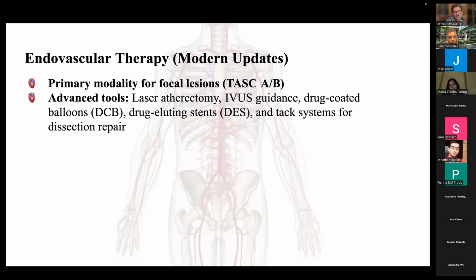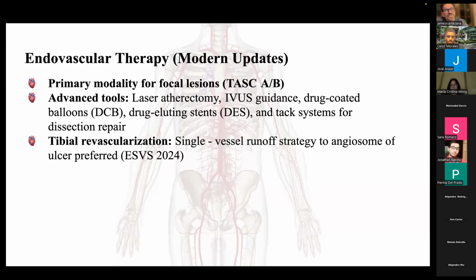They're not seen by our body as if they were foreign objects. However, during the atherectomy phase, the angioplasty phase, there is a flood of chemotactic elements that come because of the inflammatory changes. So it's clear that the DCBs and drug-eluting stents have helped mitigate the in-stent restenosis rate and prolonged our results. There's also tacking systems for dissection repair, which have fallen out of favor, but now it seems like they're coming back to our repertoire